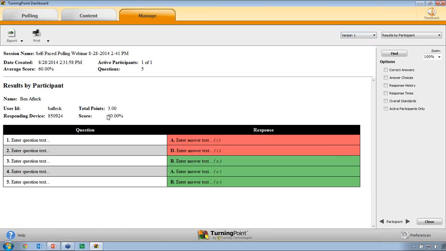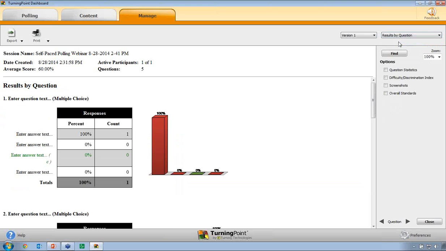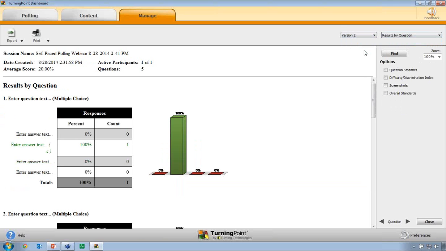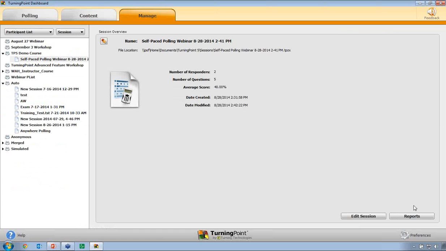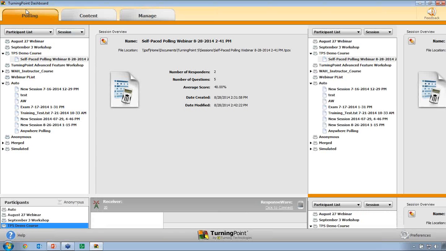It's going to score and tell me that Ben got 60%. So just like in PowerPoint, you're able to see all this information right through your reporting within the back end of Turning Point. Okay, so that's kind of the idea on how self-paced polling is going to work.